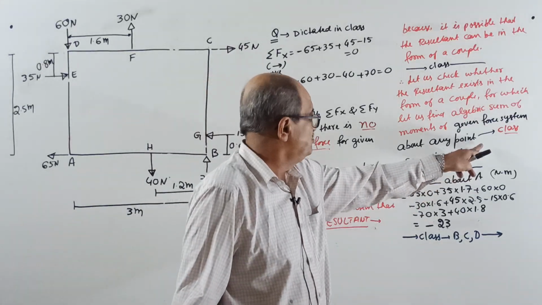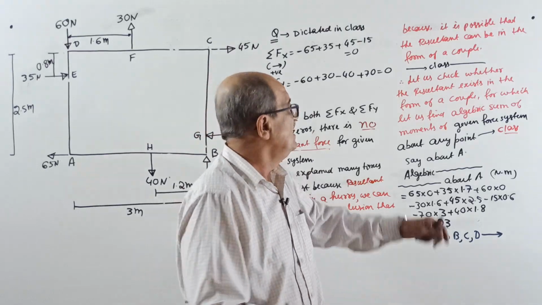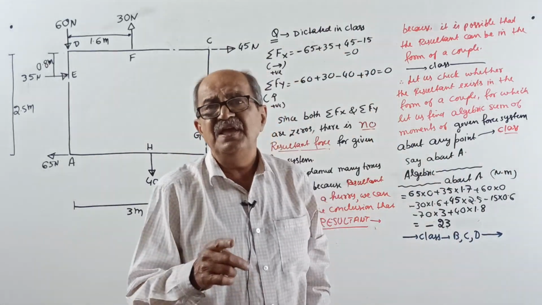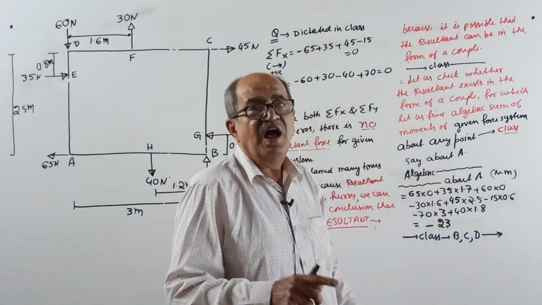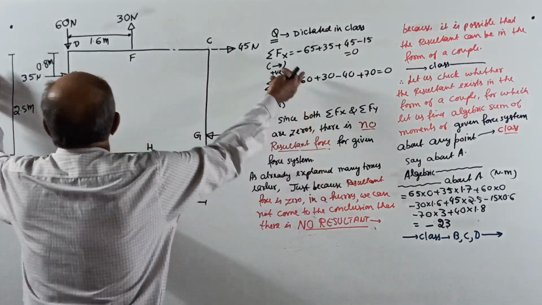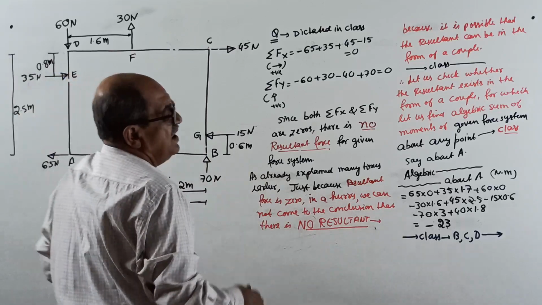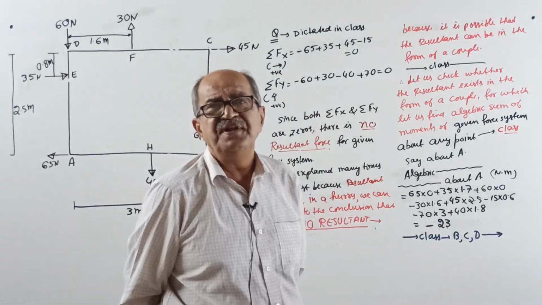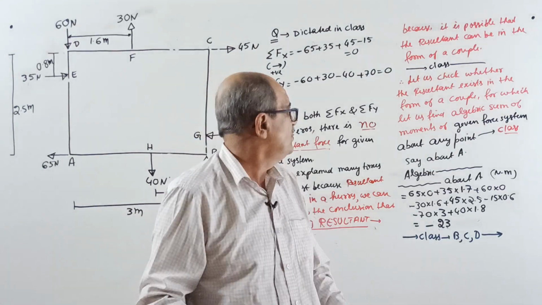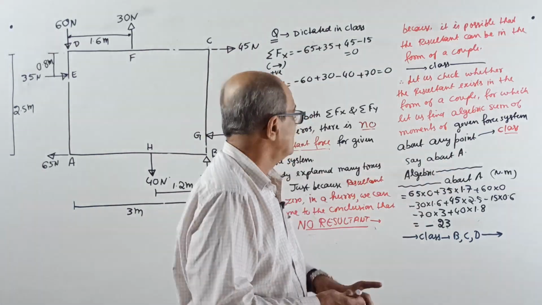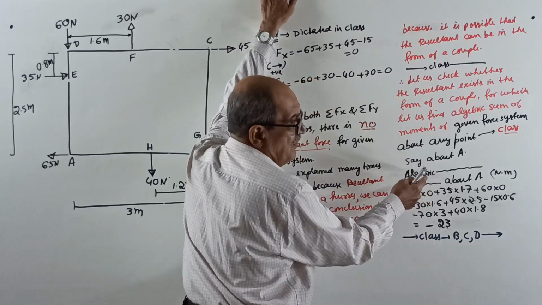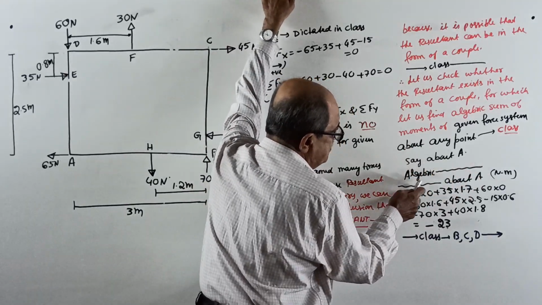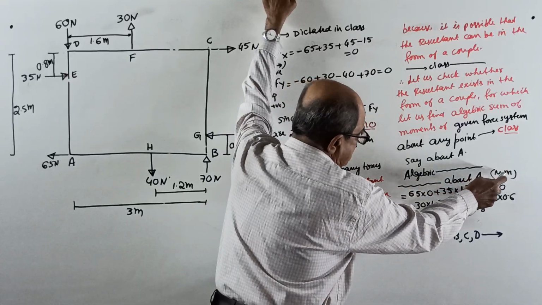You should write all these things if you want. If the resultant is in the form of a couple, then that resultant couple is, you should write, the algebraic sum of moments of the entire given force system about any point. Whichever point you consider, the answer will be the same. Okay, let us take about A. Start. Because I already told, algebraic sum of moments of the given force system about A, moment in Newton meter,